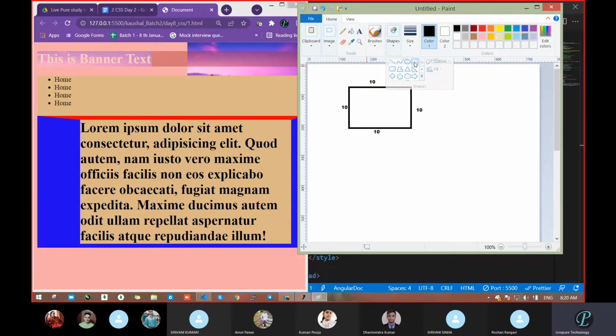suppose it is a rectangle or whatever shape, it does not matter. Suppose there are 2 values, then what happens? From where will the value start? The value will start from the top.